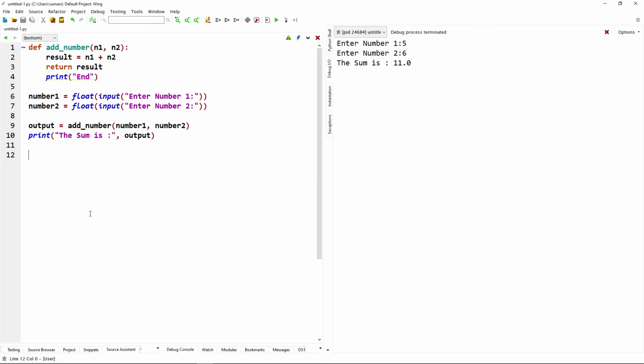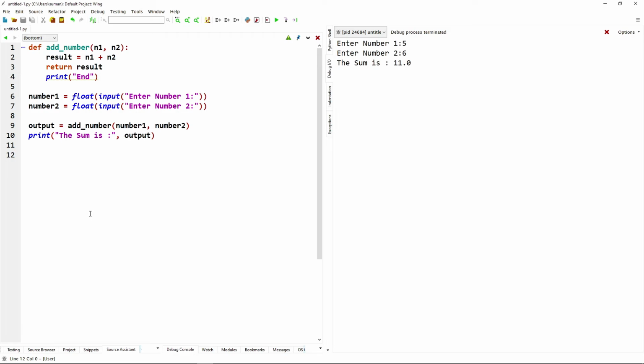Now whatever we have defined here, those are user defined functions. But we have also used so many built-in functions like print, float, int, input and so on in our videos.